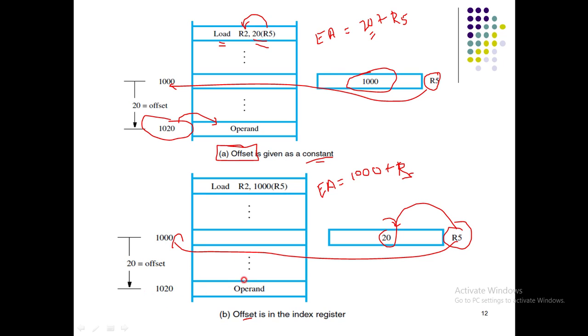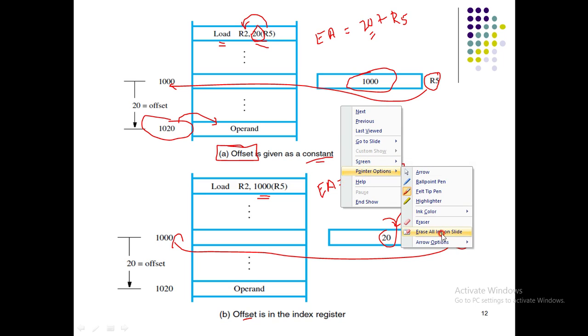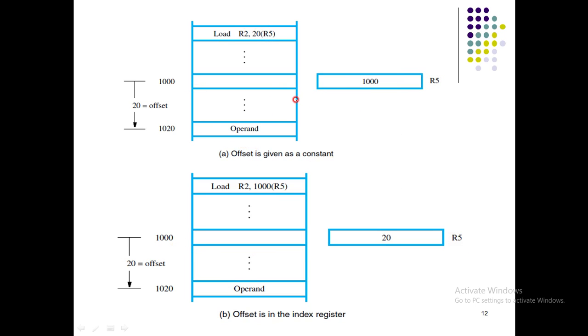So the only small change is what now? Here in this instruction, we are giving the memory location, which is 1000. Here in this one, we are giving the offset. That's all. I hope this is clear, friends. If this diagram is clear, the rest of the things would be very easy. And this is the small change in your indexed addressing mode, which is another type of indirect addressing mode.